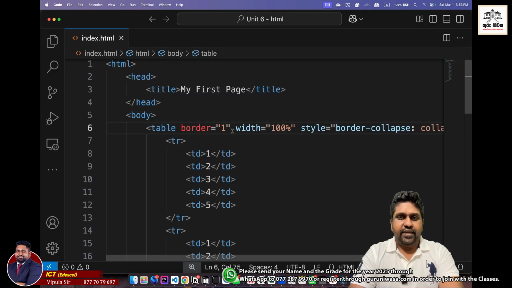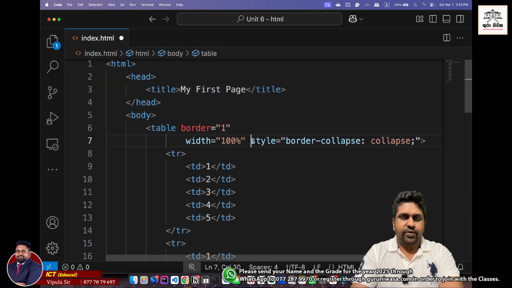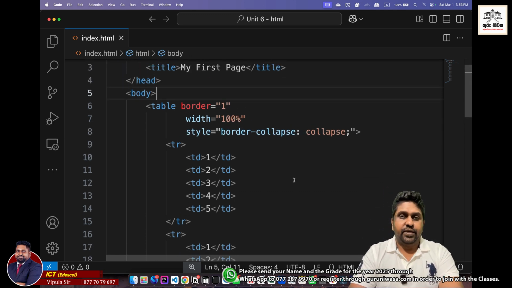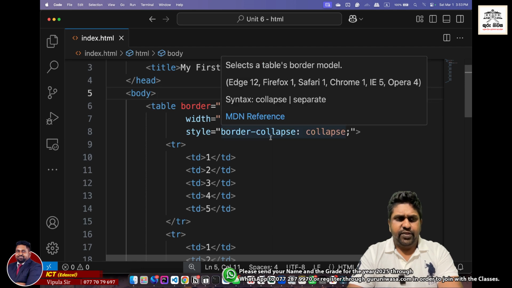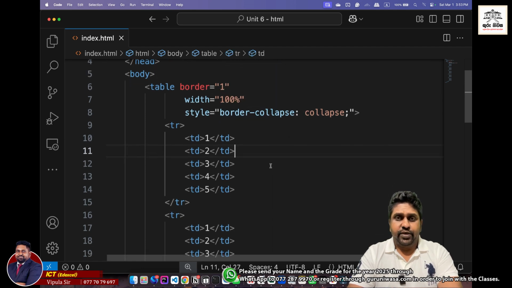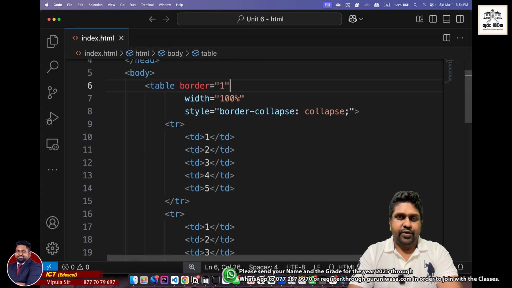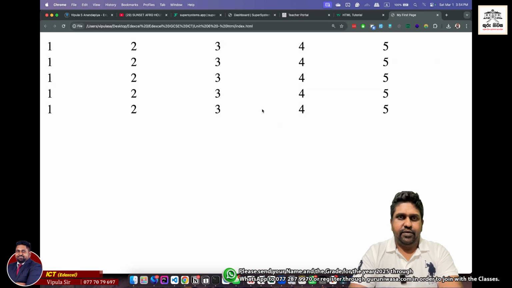So the style is, I'm going to put this down so that it will be clear. We have a style called border collapse. What happens is when you add the border collapse style, automatically the border sizes will all disappear. And now we don't have any margins or spacings in the table. Super. So I'll make this 0, and then when I refresh, now we have a lean table without any paddings